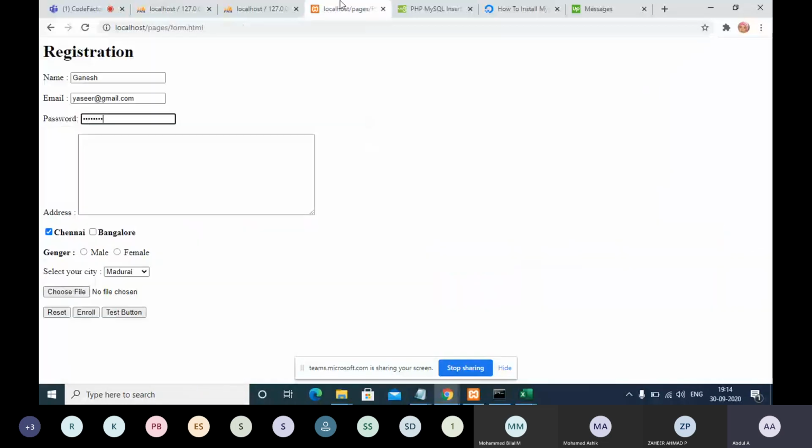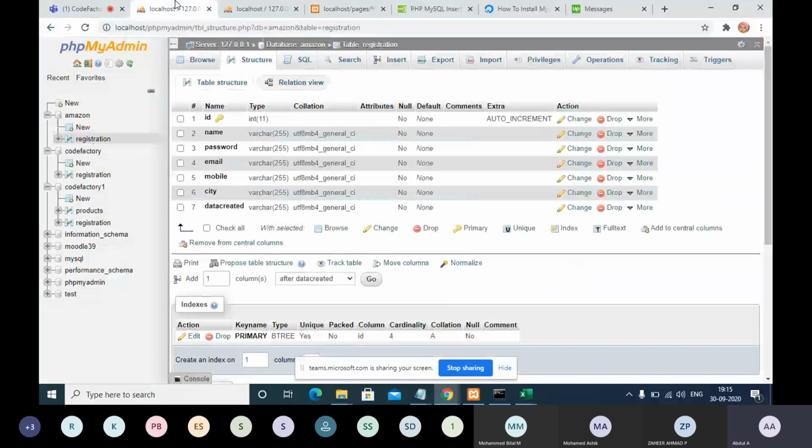Similarly, whatever data we are entering in our form should all be captured in the database. That is the final objective for us. So we are capturing all the data in the database table, creating the table with the respective items: ID, name, password, email, mobile, city, data created.